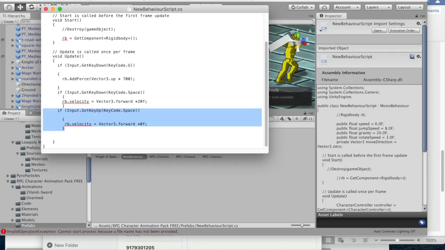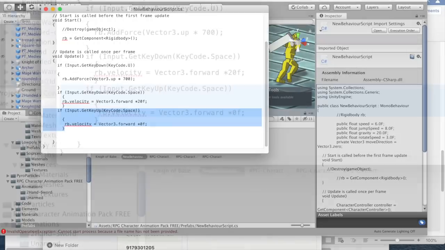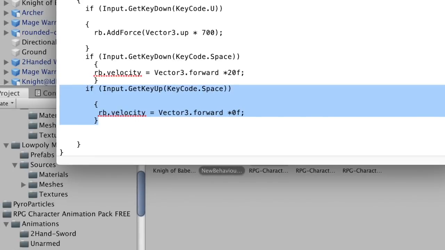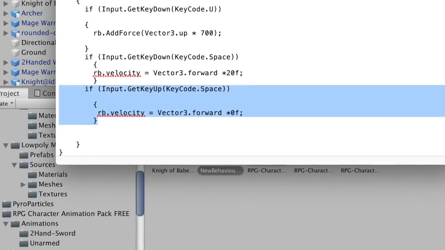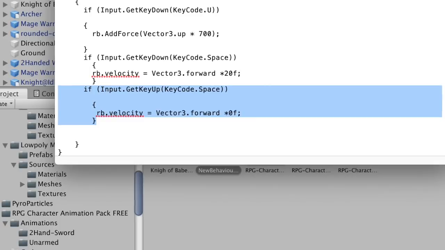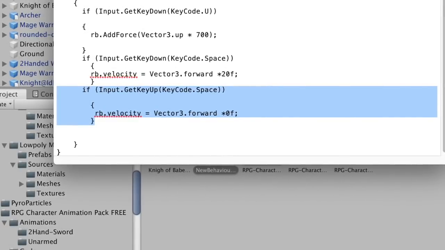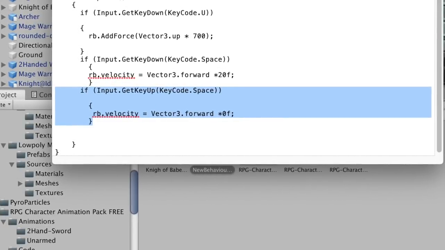The problem here is that we need the compiler to know that we want the character to gain velocity in the forward direction only as the space button is being pressed. We want to stop once we stop pressing the space button, so we are going to provide the compiler with another condition that will provide directions as to what the Knight of Babel will do once we have stopped pressing